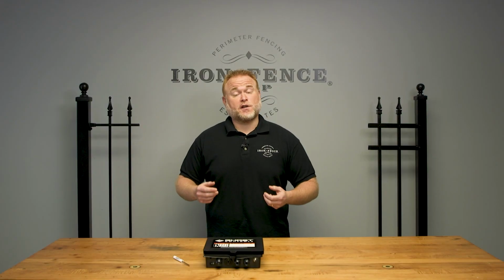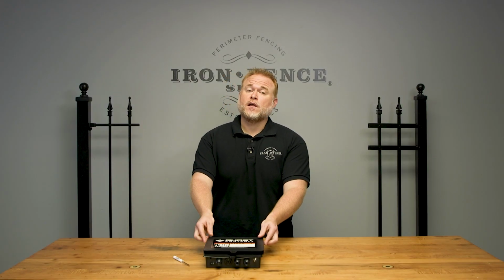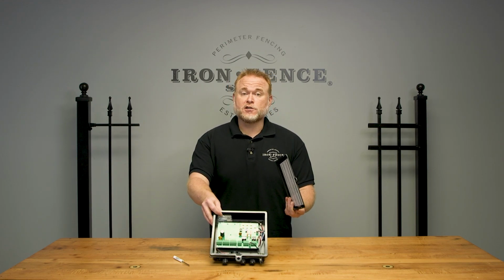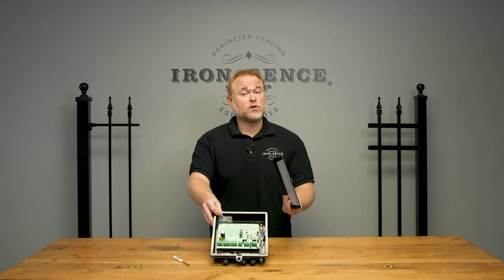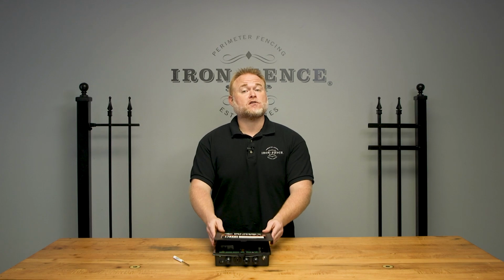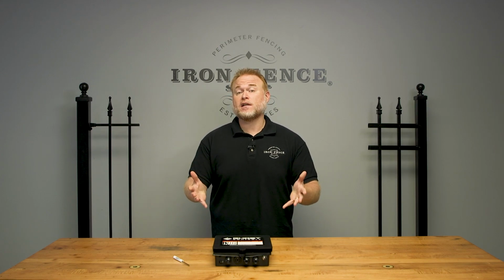Next up is the brains of your gate automation, your control box. The cover here slides off, exposing all of your controls. This is where all of your wiring connections are going to come in for your motors, power source, and any accessories like keypads or exit sensors. This control board is where you'll have the system learn your gate's stopping points, time settings, and show the current